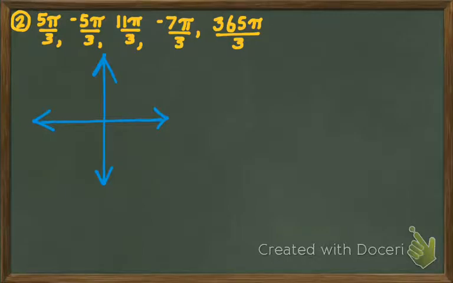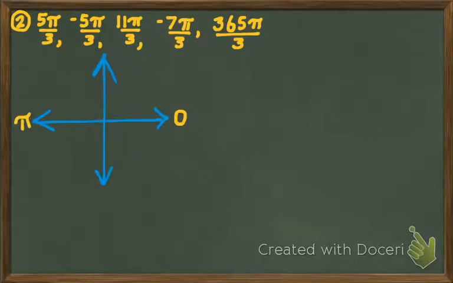In number 2, we are to identify the one angle that is not coterminal with the others. And remember, coterminal just means that it starts and stops in the same place even though the measures are different. So since all of these angles are in radians, we're going to label our axes with our angles in radians. We'll start at 0 at the positive x-axis, and that would put us at pi on the